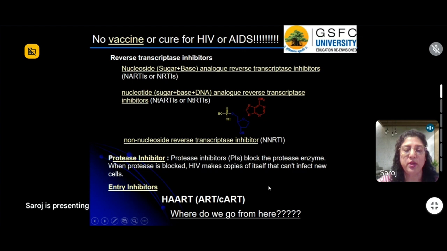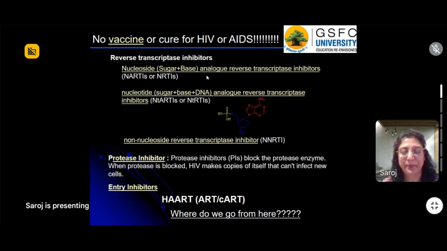So what you do is, in a patient, based on the indication, at what stage the patient is, you can give them a combination of a reverse transcriptase inhibitor, a combination of a protease inhibitor, and also the entry inhibitors. So this has been one of the strategies. This is something where once a person is infected and has gone beyond a critical load where you need to treat the HIV, and it is going to develop into AIDS, these are the drugs that can be given to the patient.